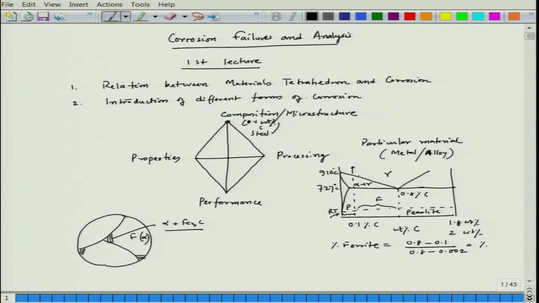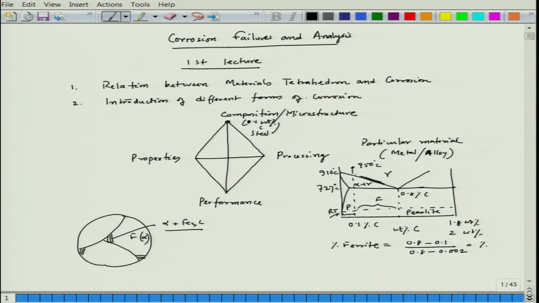So, beyond this particular boundary, you have to take the steel, hold it there for some time, so that the complete austenitization takes place, and then you cool it slowly. One way to do slow cooling is you hold that particular steel sample in the furnace at that temperature. Let us say this temperature is around 950 degrees Celsius, you hold it there for half an hour and then leave it in the furnace with the door closed and switch off the furnace. So, it will be called furnace cooling.